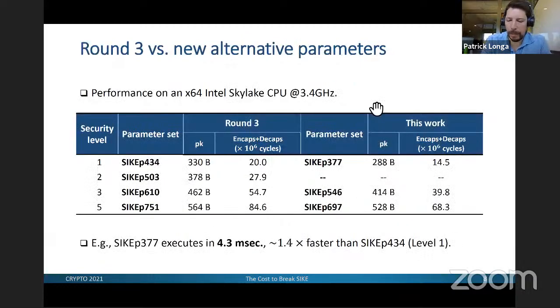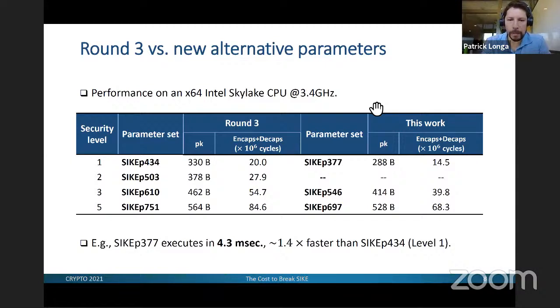All right, so just to finish this presentation, I want to show some results on the potential performance of the new parameters in comparison with the round 3 parameters. In this table, you can see on the right the performance of the alternative parameters that we propose, and on the left, the round 3 parameters. You can see that in terms of bandwidth, we obtain a very nice reduction. In the PK column, in terms of bytes, we can see a reduction that arguably could make SIKE even more attractive